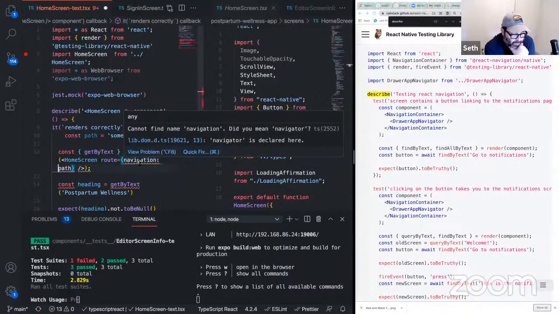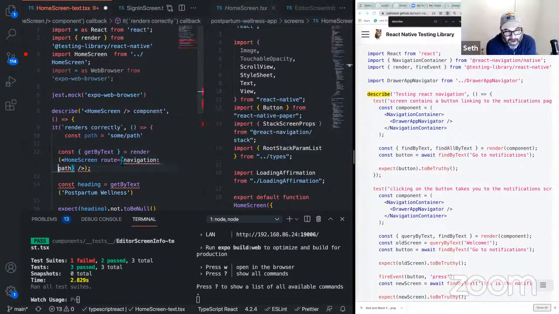No. He said it does need to be stack screen props, root stack param list not found, and that the wrong object is being passed in navigation. Okay. So maybe it is navigation prop equals something, and we've got to figure out what we're passing in.